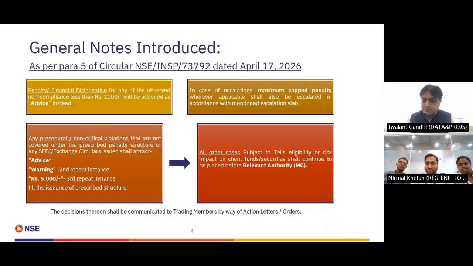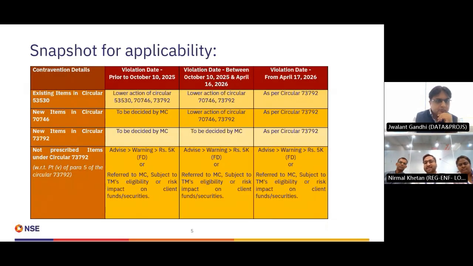Yeah, sure. So we see that inspection and enforcement are a running process. Penalty circulars are issued on a particular date in between, and in such cases there will be many cases which are under process and many cases yet to come. So in this scenario, what we follow is that the violation date of that particular observation is the key factor from which it is determined which circular action will be applicable. We have made this as a matrix, so it will be easily understandable by all.